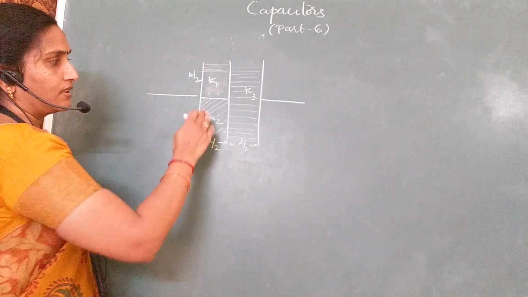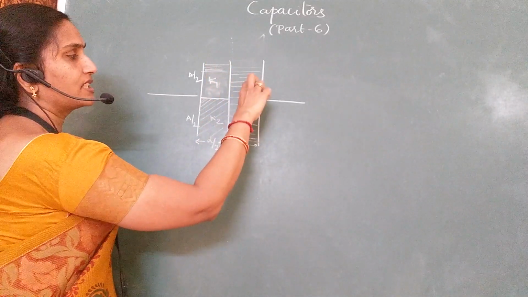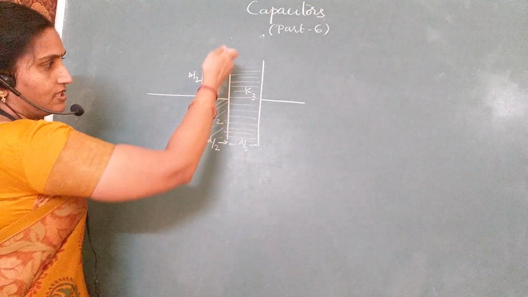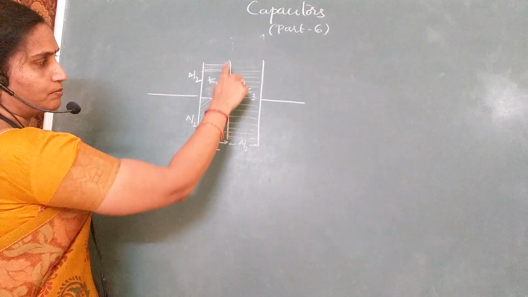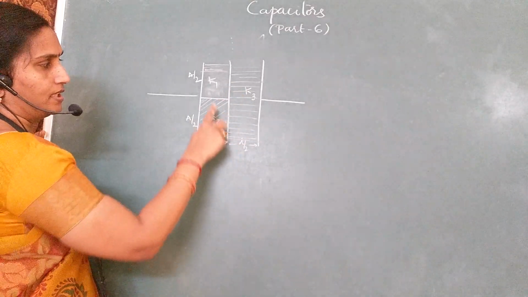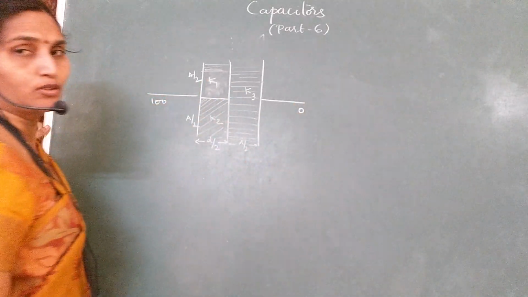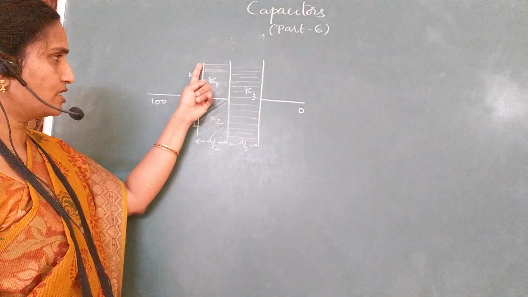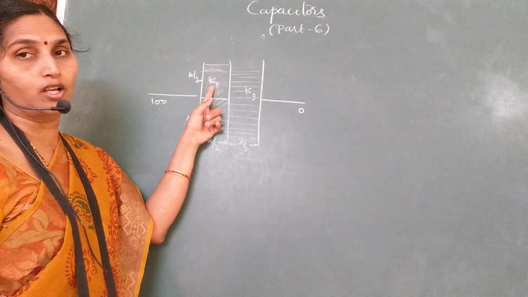Don't make the mistake of dividing this into one capacitor, this as another capacitor and this as another capacitor. If I divide it till here, throughout this line, potential is not the same. As I told you, suppose here I am applying a potential 100 and this is 0, any numbers, the potential drop across this width depends on the dielectric constant.